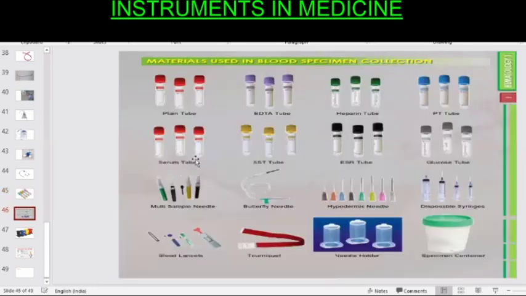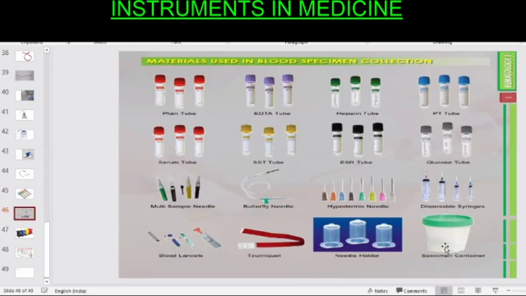Okay. So this is a red one. This is an EDTA tube. Yes, sir. And the blue one is, as you said, sodium citrate, and the gray one is a fluoride tube. Okay, we don't use black or yellow also. There are only four colors: the red, the purple, the blue, and the gray.